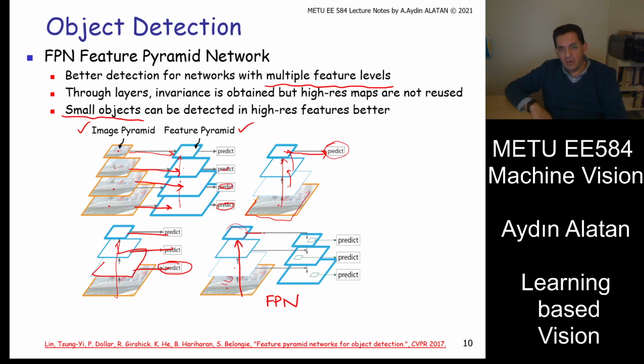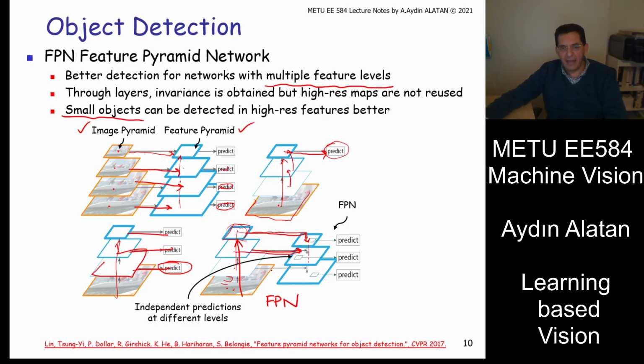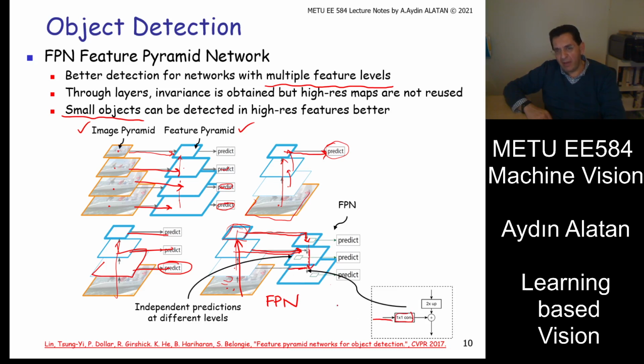The trick is you come down from here. By the help of the other layers, you will try to obtain better and better resolution back in the feature space. This is your original image space. These are features. And then from here, from these low resolution features, by the help of the previous layer, okay? What I mean by the help of is you have this, for example, you get this and you have a one by one convolution at this stage, and this one coming down, you basically increase by 2 and